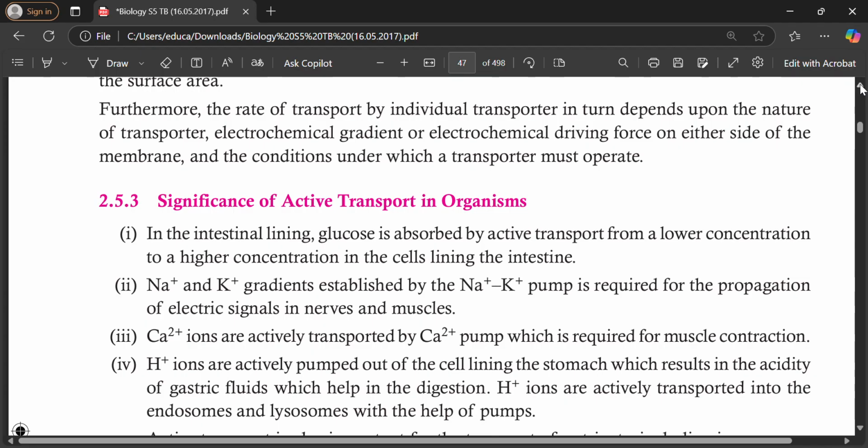Hanyuma sodium and potassium gradients established by sodium potassium pump is required for the propagation of electric signals in nerves and muscles. Nuvuga ngo the sodium and potassium pump, iyo sodium na potassium biri kuba transported across muri protein imwe imbere, icyo gihe bifasha mu kugenerating electric signals mu mitsi ndetse no muri muscles z'umuntu. Hanyuma dufite calcium ions are actively transported by calcium pump which is required for muscle contraction. Calcium ion iba transported na calcium pump ari yifasha